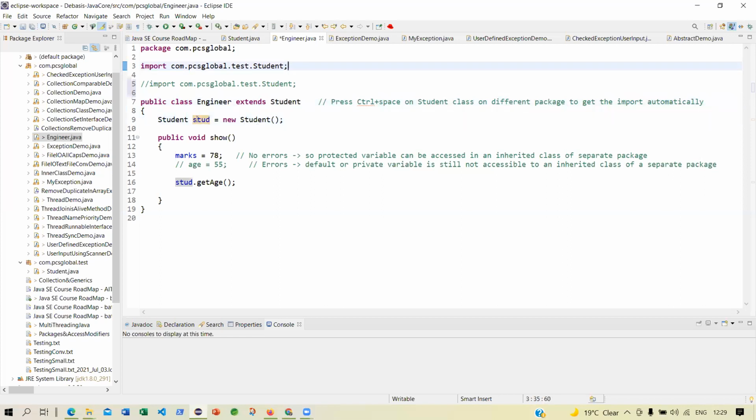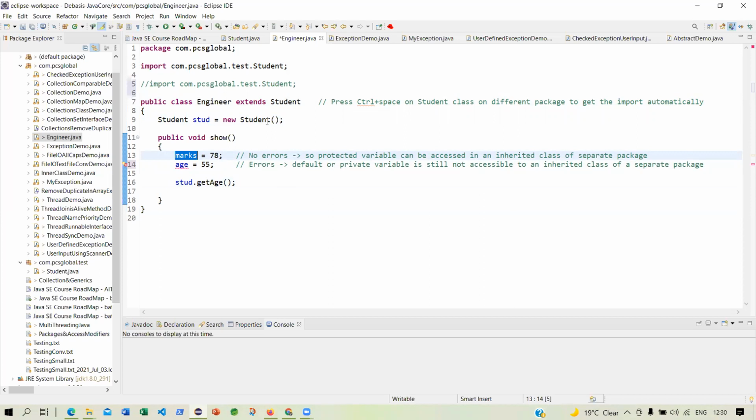Once you have created this object, you are creating a show method within Engineer, and you are saying marks is 78. This is valid. But if you say age 55, let us go back here. You are assigning a value of 78 to marks, and where is this marks coming from?